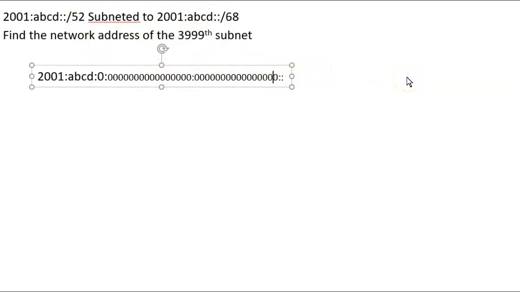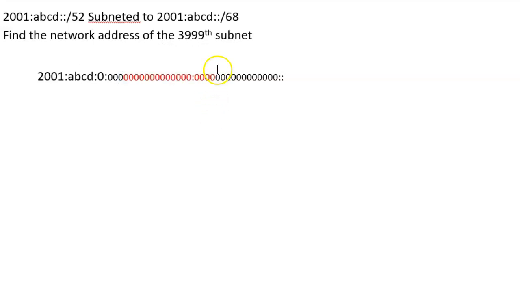Let's go ahead and figure out exactly where that is. 48, 49, 50, 51. So this is the 52 right there. So from here on, 52, 53, 54, 55, 56, 57, 58, 59, 60, 61, 62, 63, 64, 65, 66, 67, 68. This portion represents our subnet, which I've now put in red. Hopefully you're not colorblind, and if you are, just know that I put that part in red right here.